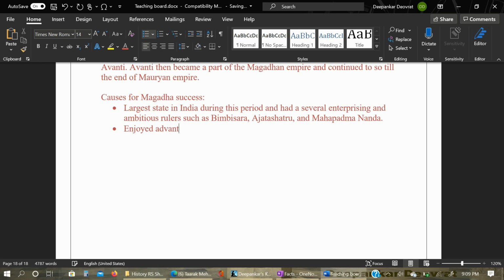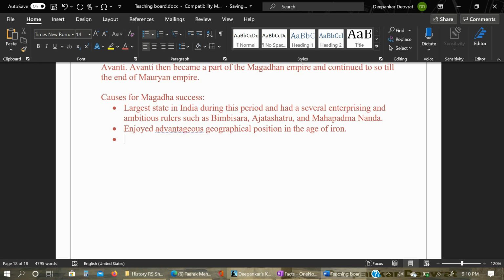Magadha enjoyed an advantageous geographical position in the age of iron, because the richest iron deposits were situated not far away from Rajgir, the earliest capital of Magadha. As a result, they were equipped with effective weapons which were not easily available to their rivals. And the third: the two capitals of Magadha, the first Rajgir and the second Patliputra, were situated